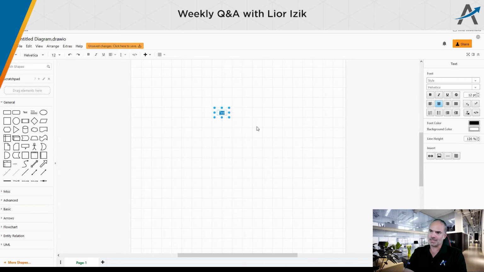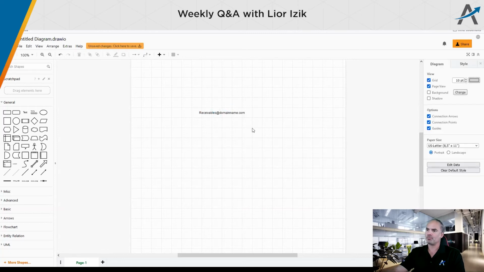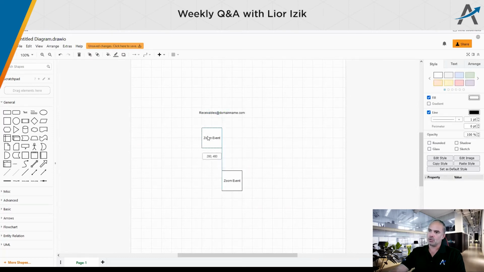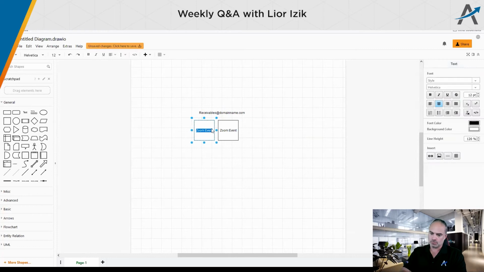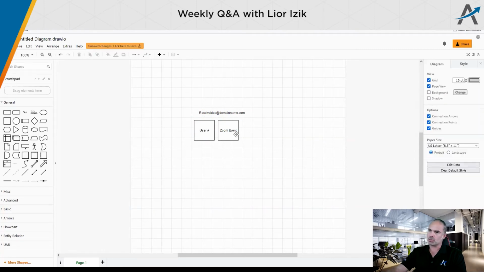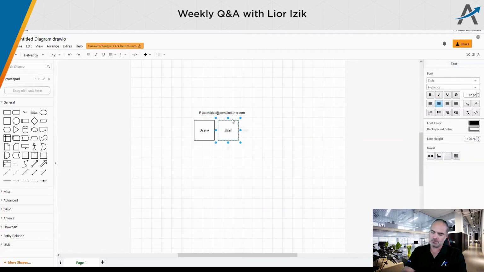Yeah. So let's say that you'd like to have receivables at domainname.com. Right. Good. And you have two users. Yes. And user B is supposed to access them, right? Correct.